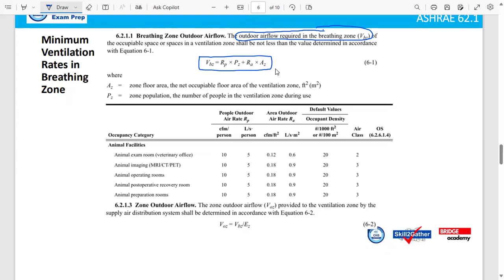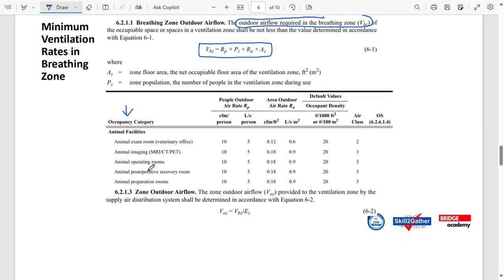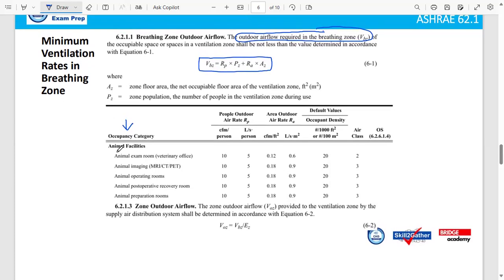It is quite simple actually. For instance, if you come to this table, in the first column, we get the type of facility. The table is actually very long. For instance, let's say we are calculating for animal operating rooms. This is our facility. Then in the second column, we get the people outdoor air requirement, for instance, how much air is required per person. For instance, at the animal room,